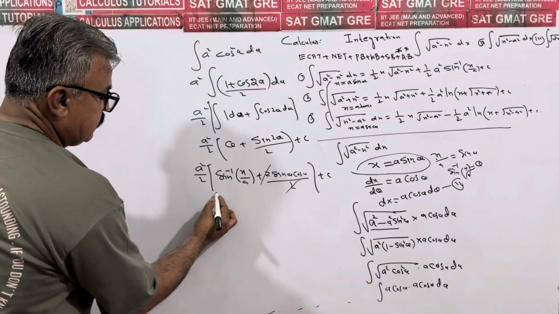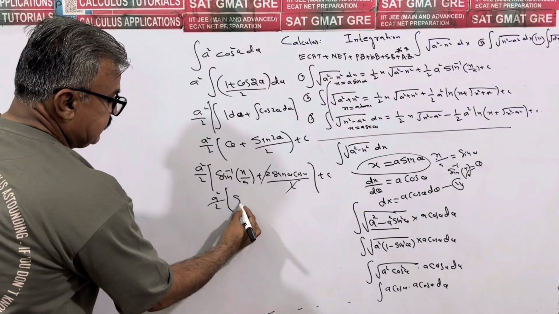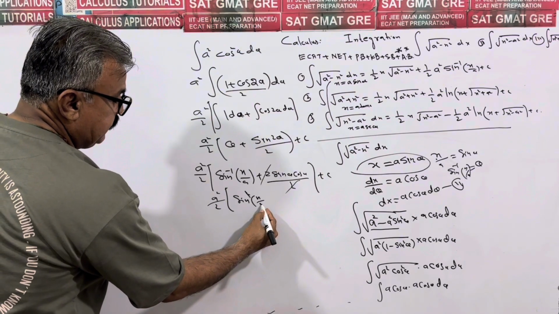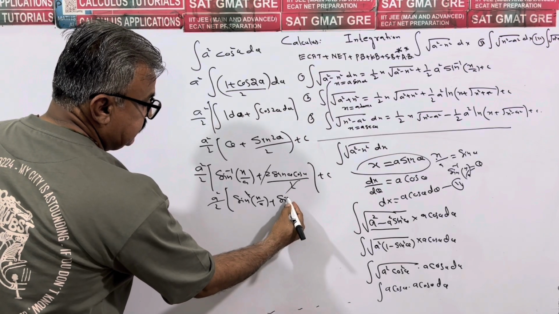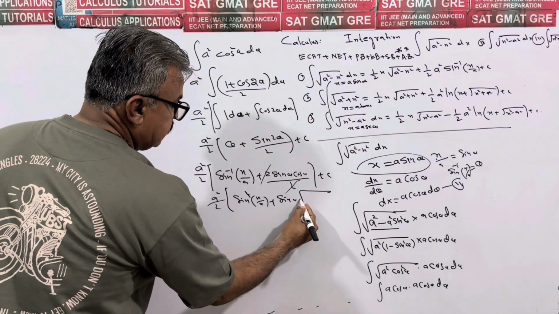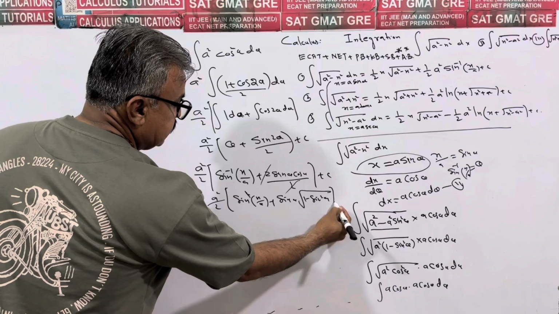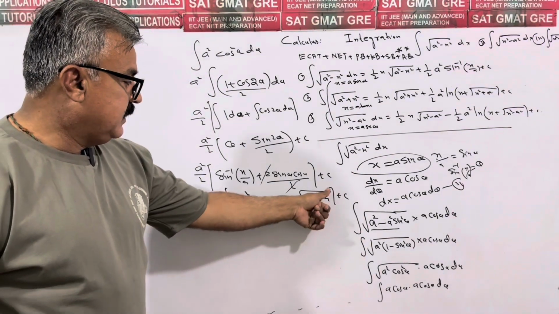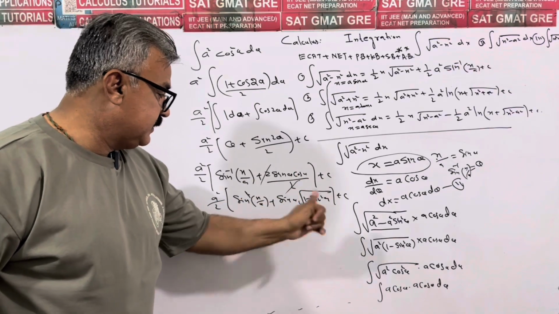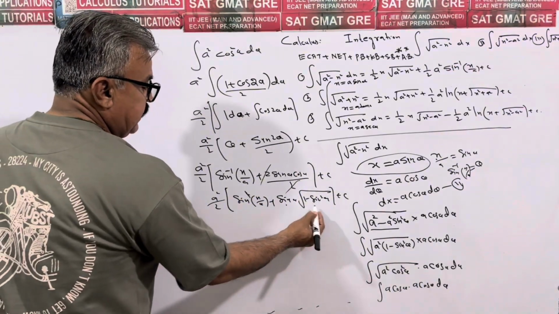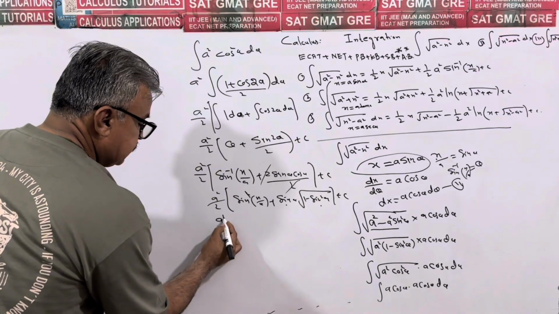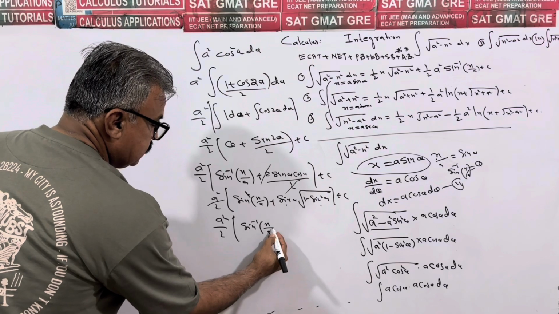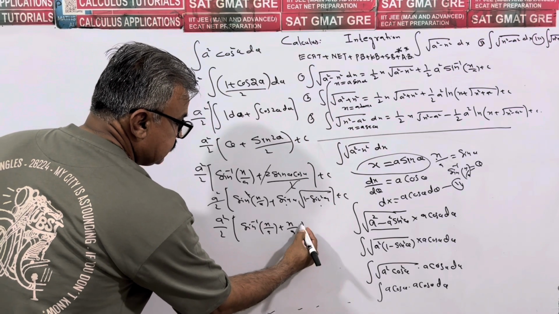So converting cos into sine: a square over 2 times sine inverse x over a plus sine theta. Let me convert cos into sine utilizing 1 minus sine square theta, plus c. Cos square is equal to 1 minus sine square, and only cos we have managed as root of 1 minus sine square theta. Right, x over a here. It's our final answer: a square over 2 sine inverse of x over a plus x over a times root of 1 minus